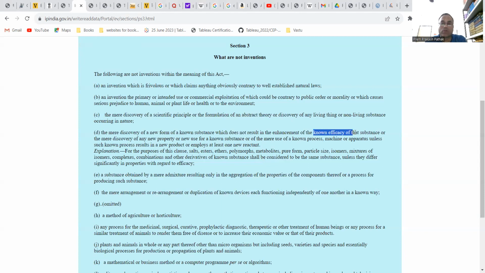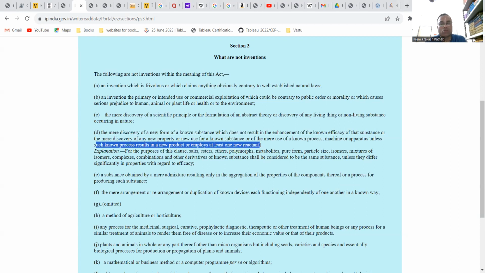But for example purposes, you can just note that if it is not very high, or mere discovery of a new form or new property or new use of a known substance, or mere use of a known process, machine or apparatus,